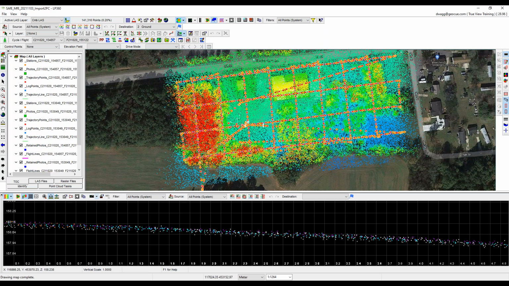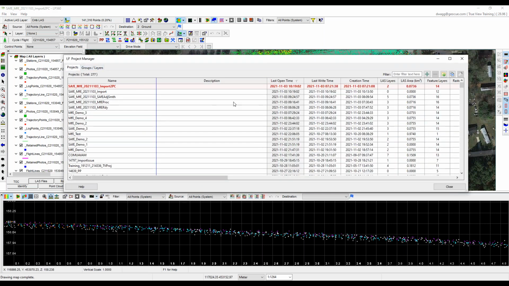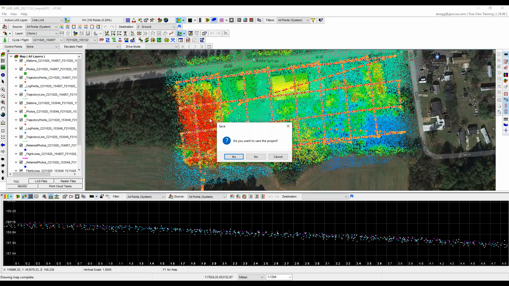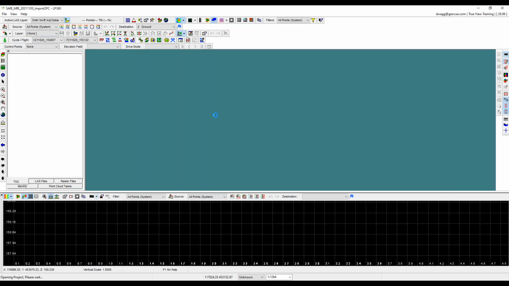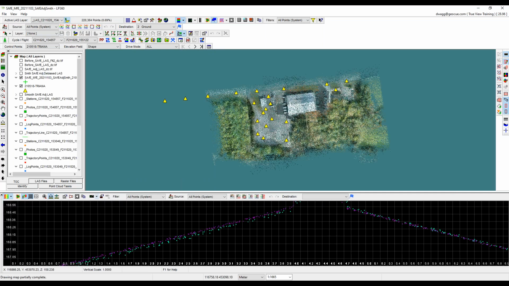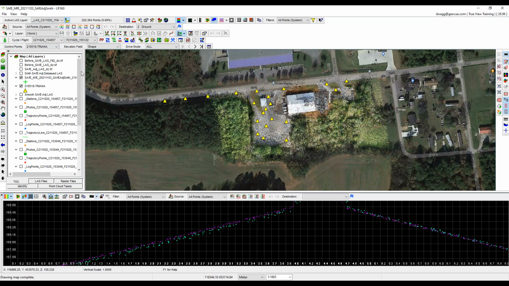Let me switch to a different project. So I'm going to open up Project Manager here, go to Projects, and I'm going to open up a project where I've done this processing on it. It's had the same StripAlign for EVO run on, but I've also used the export wizard here